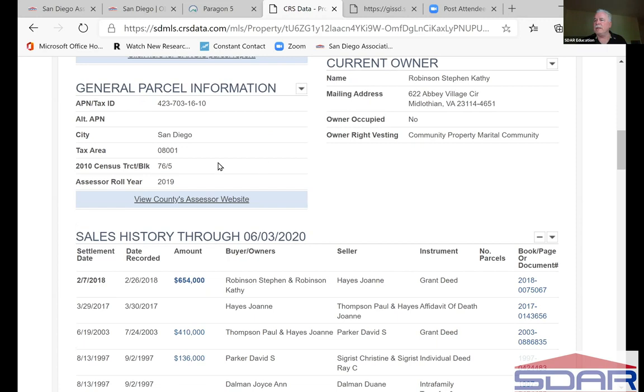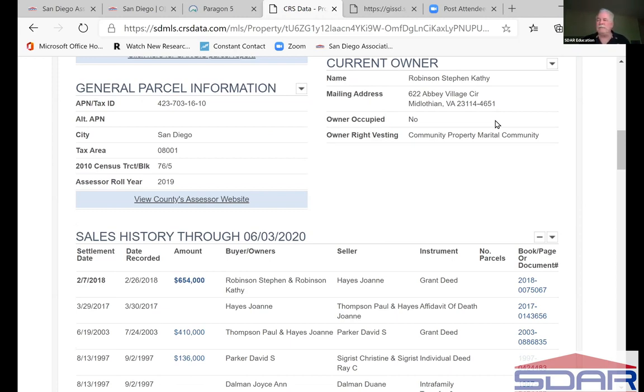So in here, I've got my tax areas. These things you probably aren't going to think are important. That's fine. Over here on the right-hand side, now this is important. I've got the owner's name. Remember how I said we want to make sure we have the owner's name accurate. Here, the owner's name is always last name first. So Robinson, Stephen, Kathy. That's going to tell me that, unless this person's middle name is Kathy,